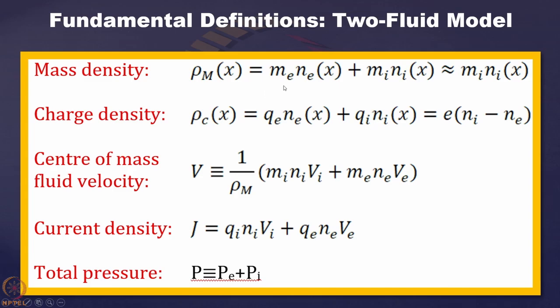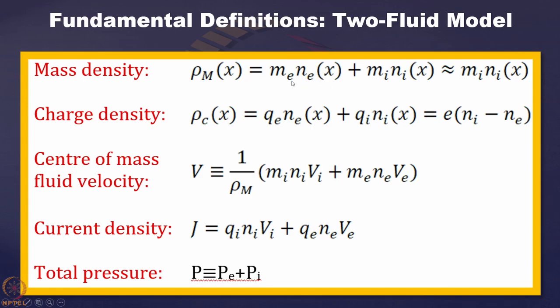summation over the species, and basically here we consider the two fluid model. One is electrons, another is ions, and in case you have a partially ionized gas, you can understand that this i will not correspond to only ions. You have to include the neutrals, and in case the temperature is very high, it will include the double ions as well, and that way we will calculate the mass density, that is the sum over mi ni, including all the species, but here we are considering only two fluid models.